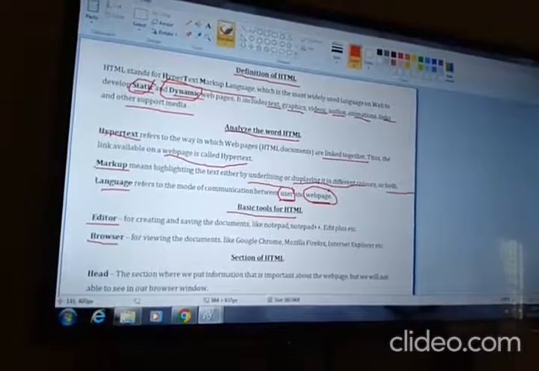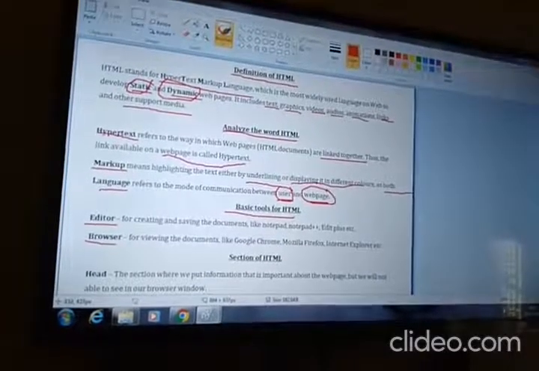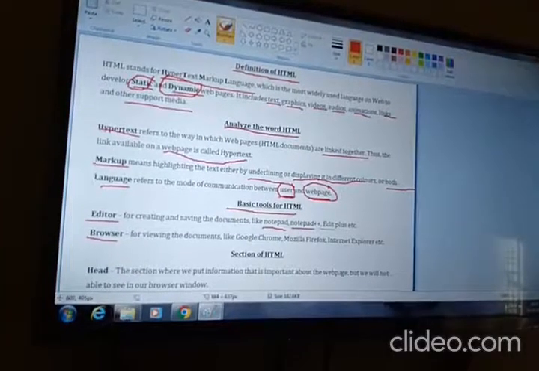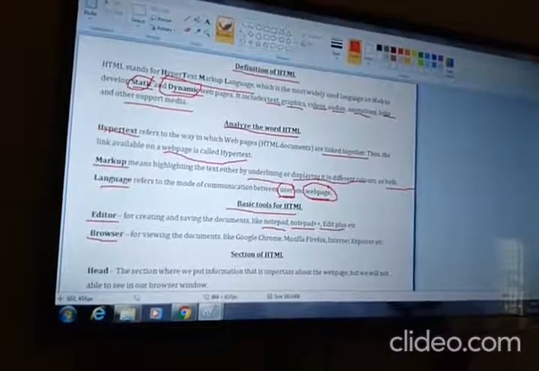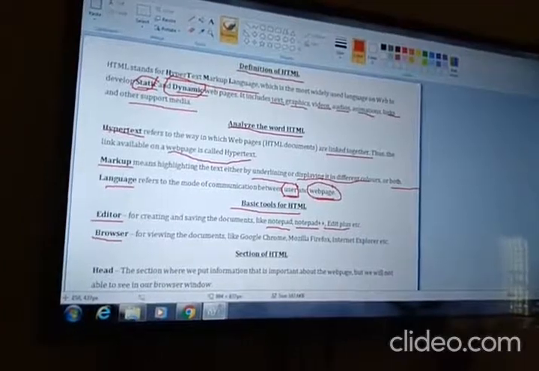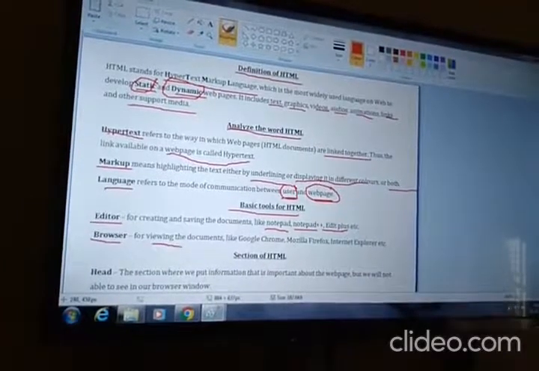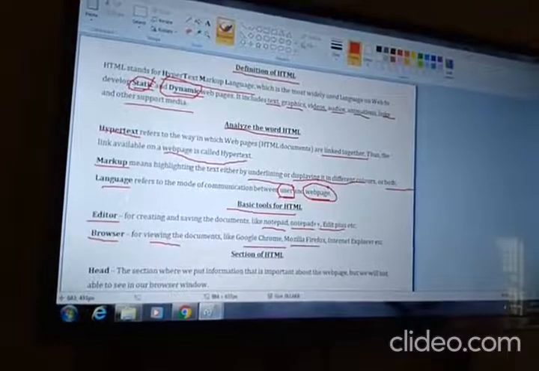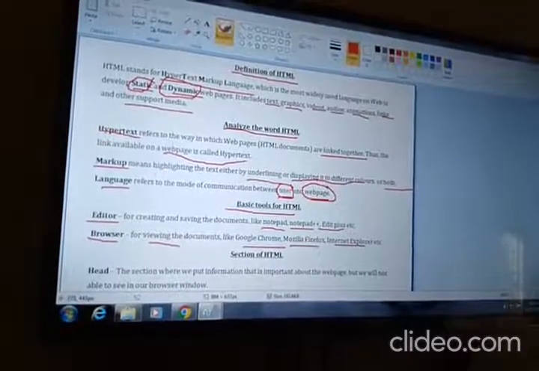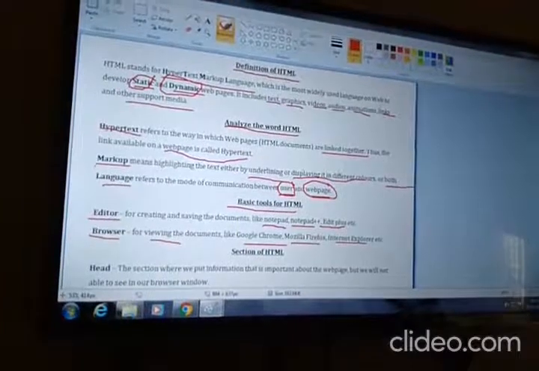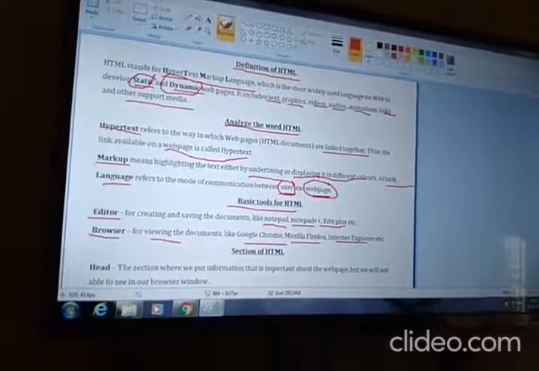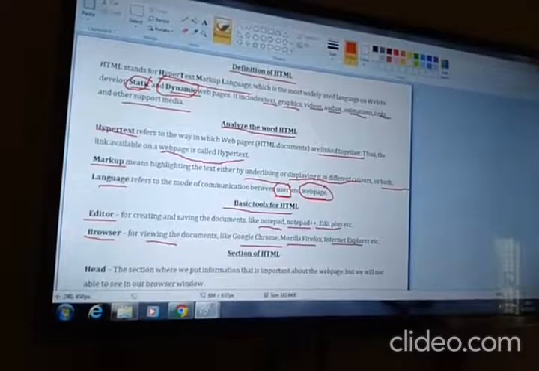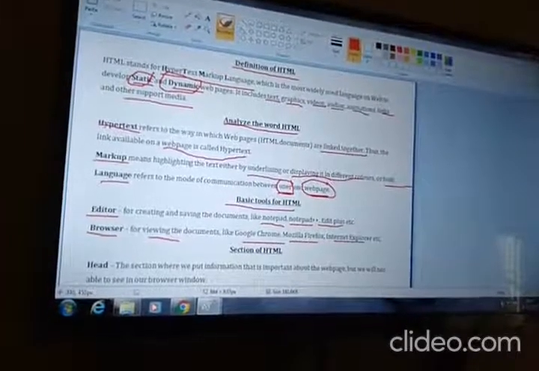For creating and saving the documents, like Notepad, Notepad++, Edit+, these are examples of editor software, and browser for viewing the documents, like Google Chrome, Mozilla Firefox, Internet Explorer, etc. Editor is used to write and save the source code document, and the browser is used to view the result of the source code.